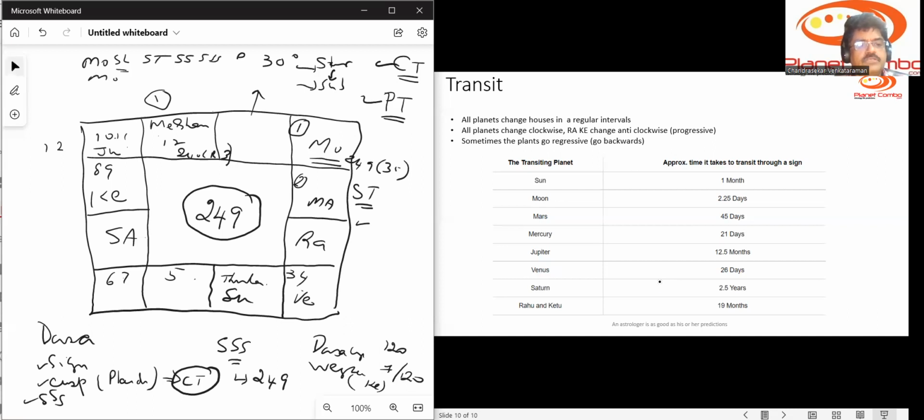So let's say the moon is in Mars sign, it is in Venus star, it is in Ketu substar, it is in Mars sub-sub star, and it is in Moon prana star. Then these combinations will form the dasa. The software automatically gives you these 5 combinations, so you get a dasa table here